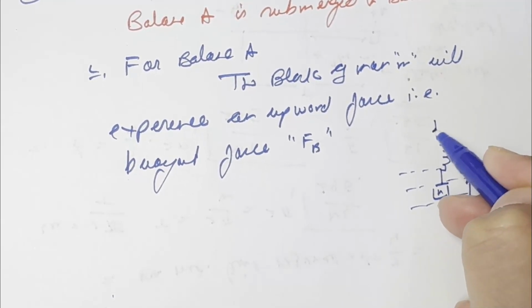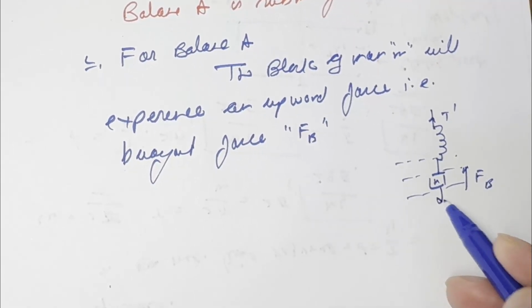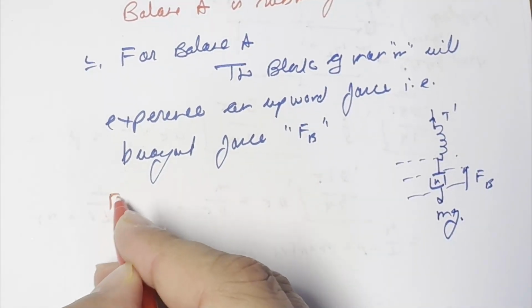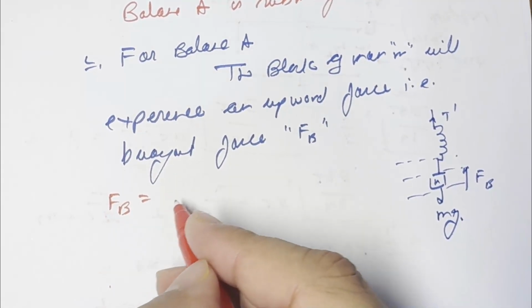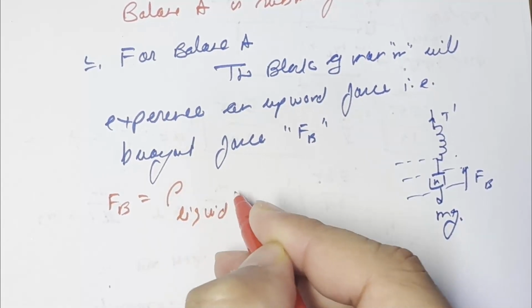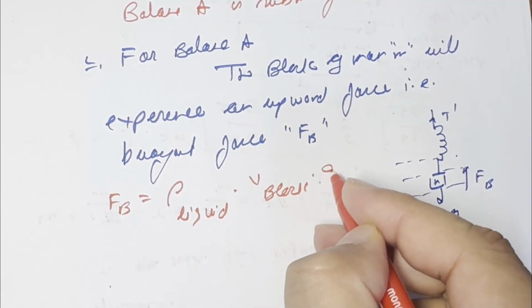In this case we say that the tension is T prime, and we have mg in the downward direction. This buoyant force FB will be equal to the density of the liquid multiplied by the volume of the block and multiplied by g,